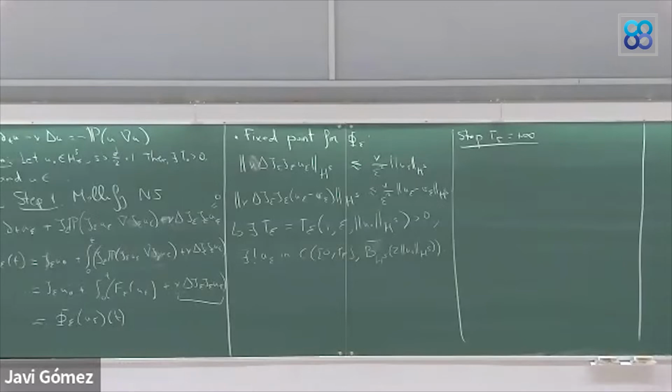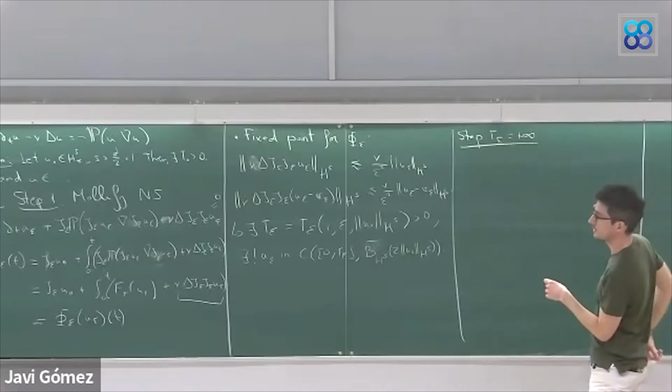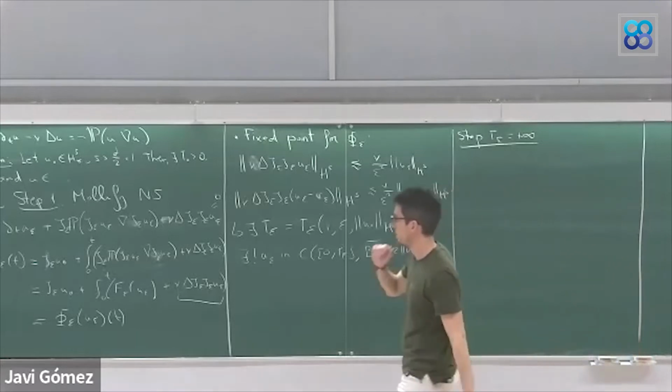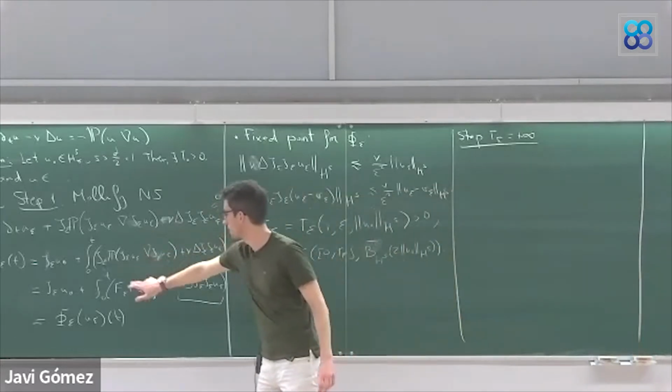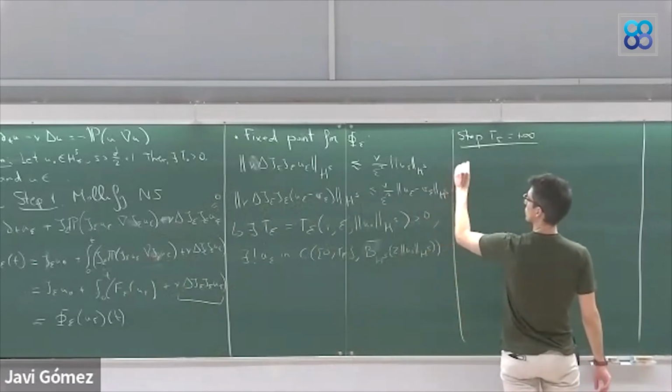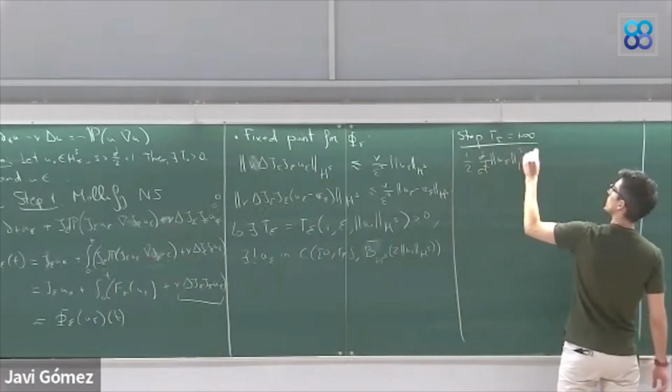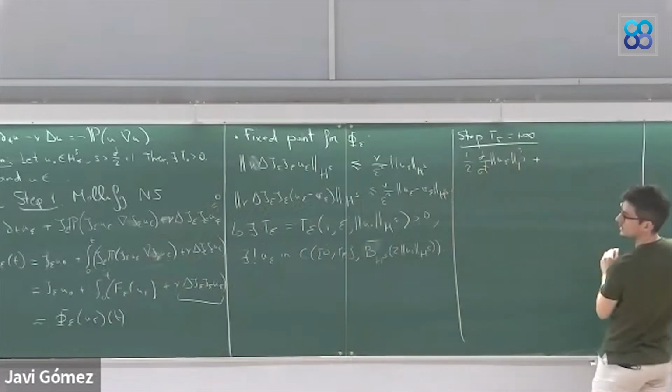Okay, so this was a consequence of the energy inequality, and then also bounding the HS norm using this formula here. So on one hand we have the new term